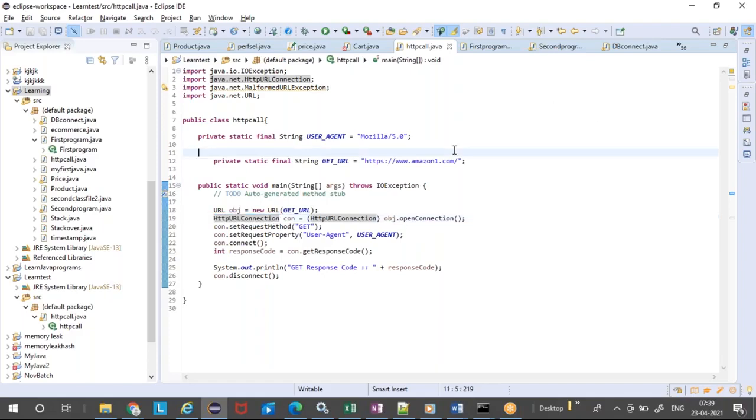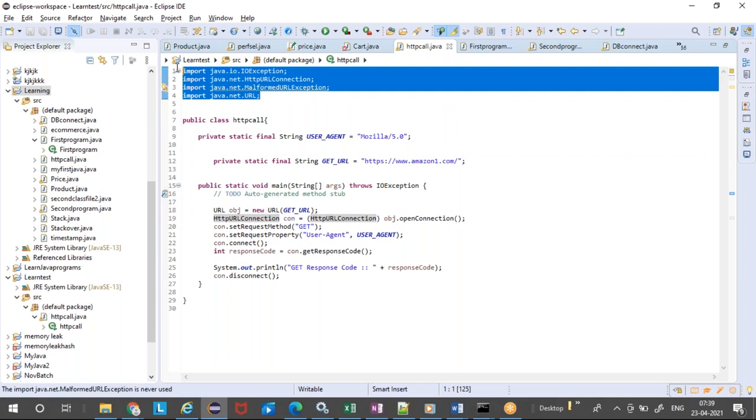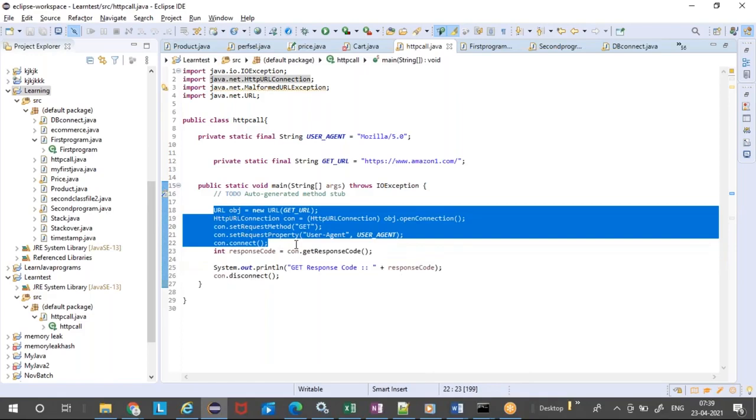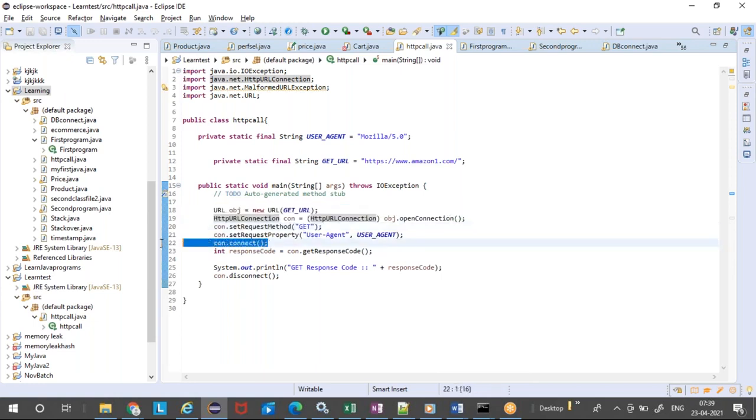Our developers making the HTTP call just import a few of those packages required to make a connection to external internet connections, and then make use of these 3-4 lines of custom code, which get the URL, the method, the user agent, and establish the connection.